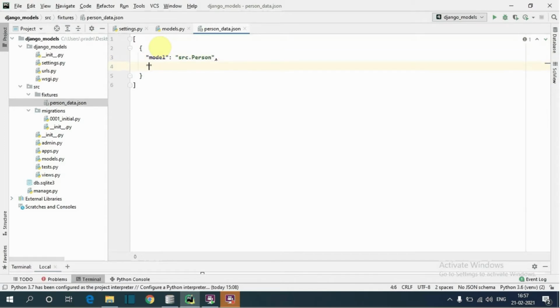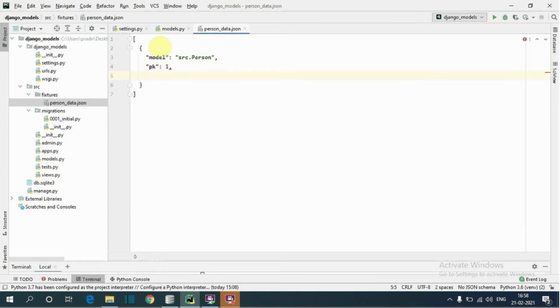Next pk colon. Here we specify the value for the default primary key, that is the id field of the model, and here I will set id to 1.